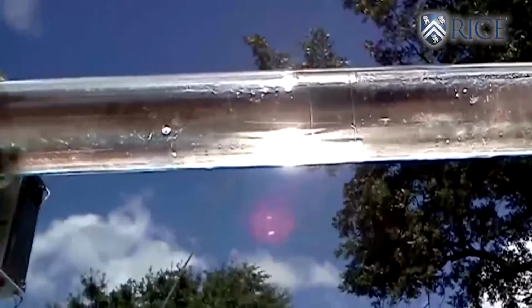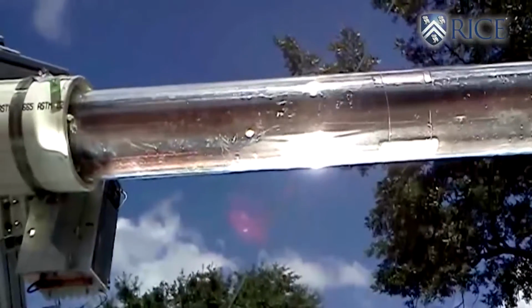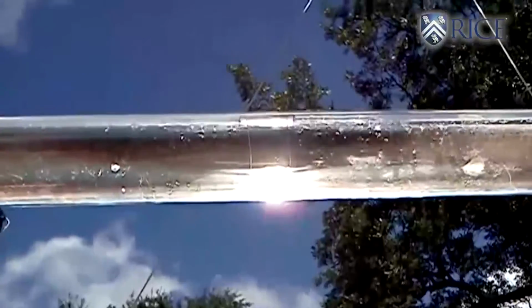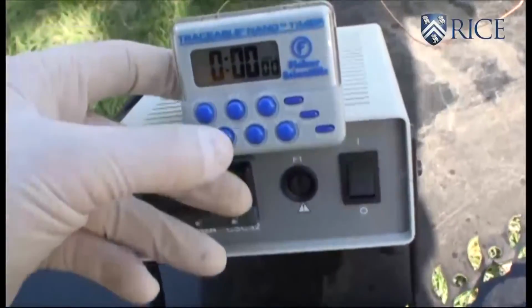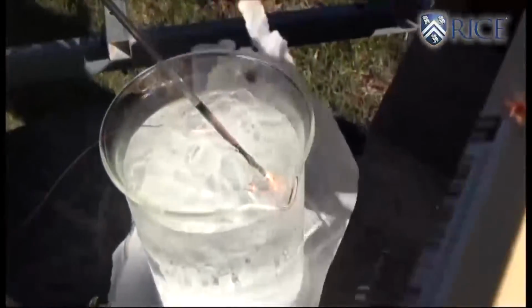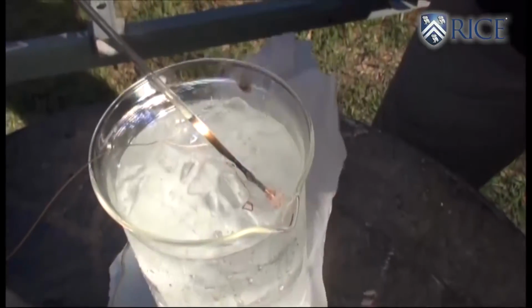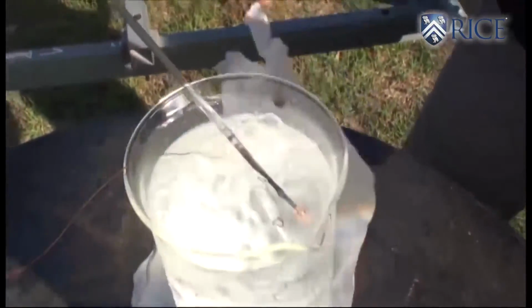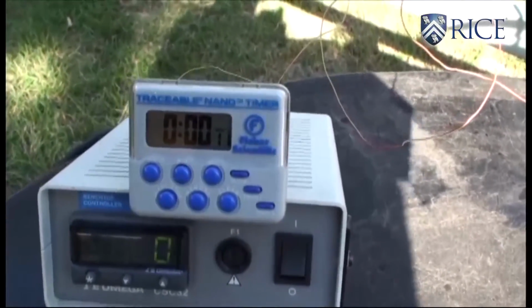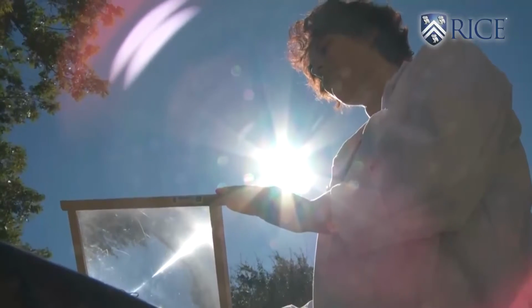And we demonstrated that in a video where we start with the water with nanoparticles inside, and we sit it in an ice bath. We shine light on the nanoparticles, and they heat up and they produce steam even though the water in the solution is at the freezing point. Between 80 and 90% of the energy that's absorbed from the sun is actually converted to steam by the nanoparticles